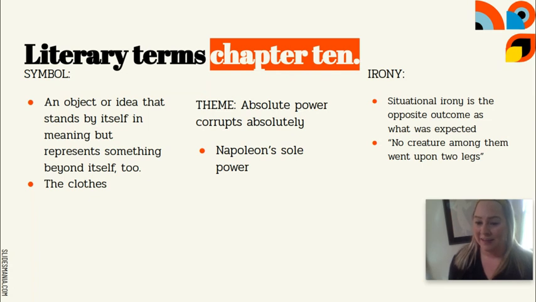We now have our second theme of the story that has unfolded, and the theme is the universal message. Our second theme that we're going to touch on today, and it's taken a long time to get here, is power and how absolute power corrupts absolutely. And what that means is if someone has absolute power, if they have all of the power and it's not divided and it's not checked and balanced, they basically have carte blanche to do whatever they want.